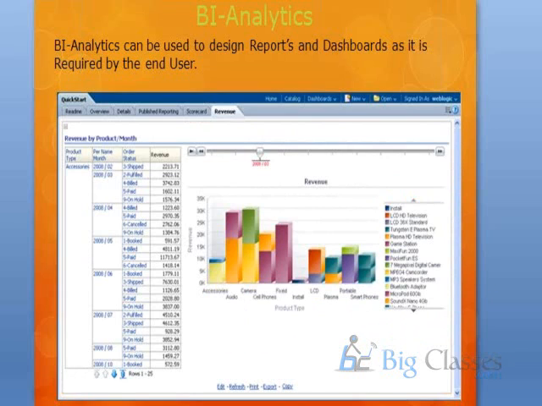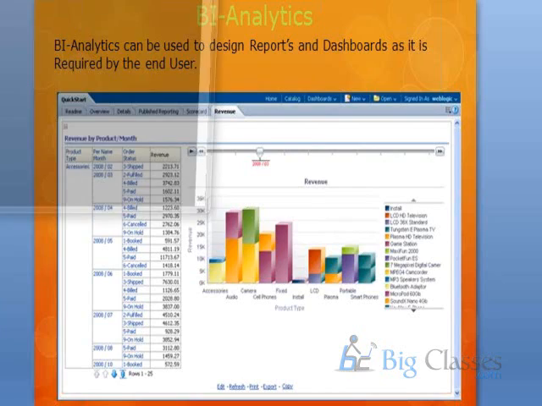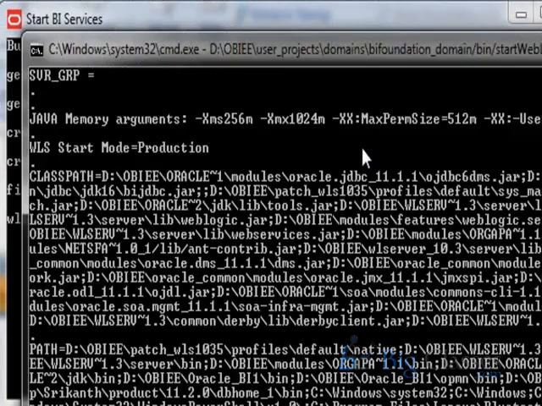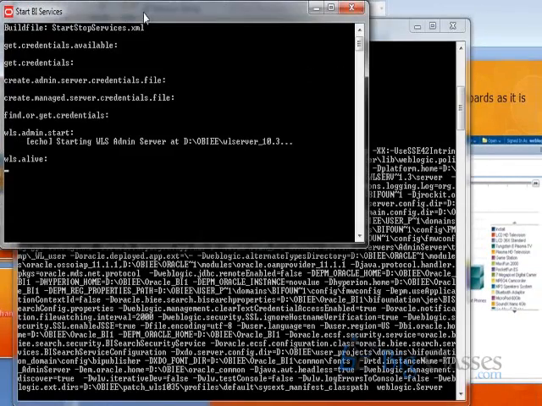Once we do the installation on our machine, we get an Oracle Business Intelligence folder created in Start, All Programs. We need to make our machine available with the OBIEE services running; only then can you work with the OBIEE environment, like report preparation or whatever job you want to do with the OBIEE tool. It takes 5 to 6 minutes based on the machine configuration. On my machine it will take 5 to 6 minutes. I started the services, and you can see that the services are getting started.